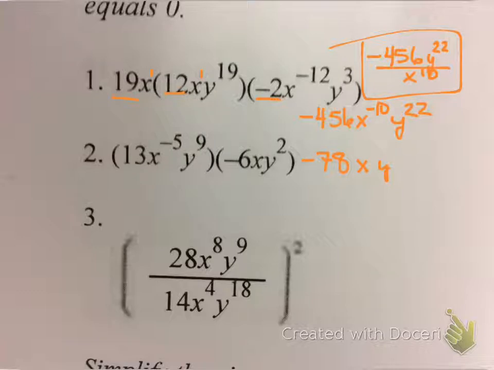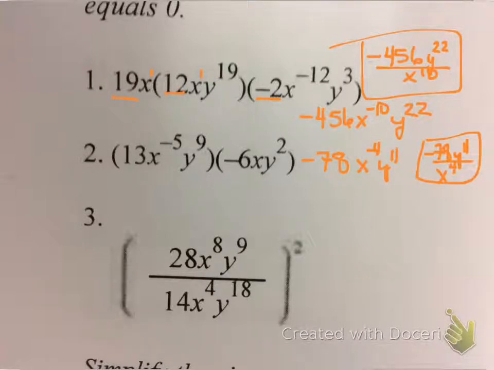Same thing here, 13 times negative 6 would give me negative 78. Negative 5 plus 1 would give me negative 4. 9 plus 2 would give me 11, so the x is moving down to the bottom. And there you go again. Finally,